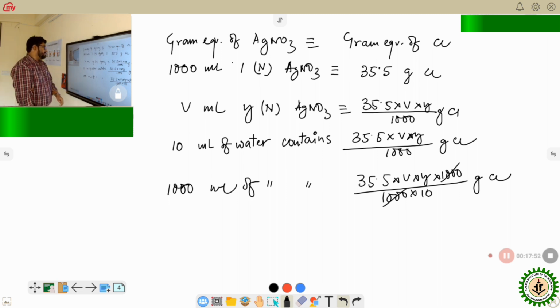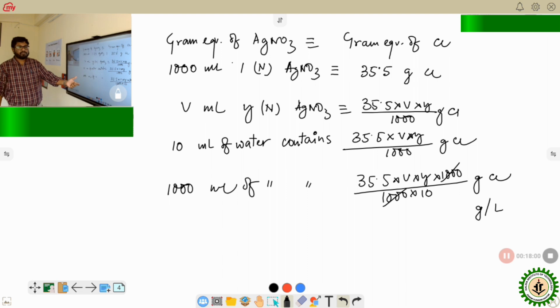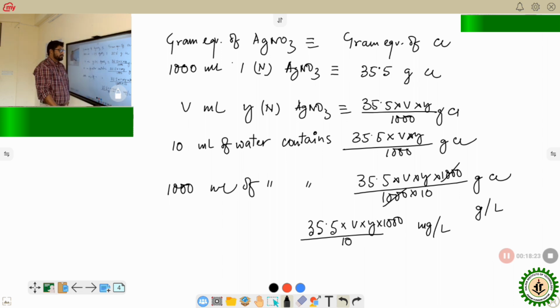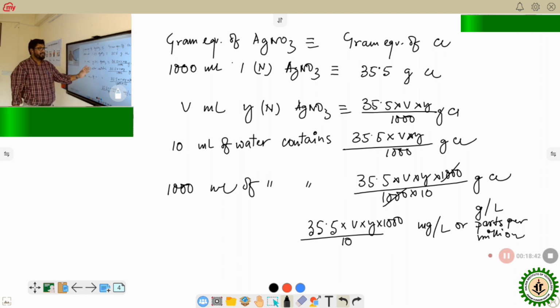So that is the concentration, which we can say in gram per liter. 1000 ml means 1 liter. So that is gram per liter. Which means that you can also convert it: if I multiply it with 1000, that becomes milligram per liter. And milligram per liter is also known as parts per million. So that is a very nice and a very easy calculation to determine the chloride ion in a given water